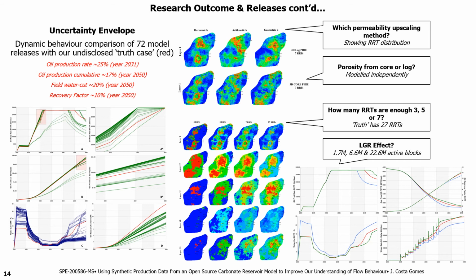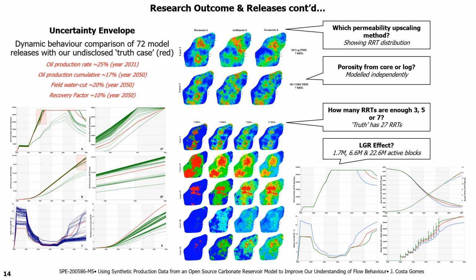We now have our synthetic production data for our truth case. We also have 72 geological versions for the same data set. We now want to look at what is the uncertainty envelope between the 72 model releases with our undisclosed truth case. On the bottom left, we have a series of figures, starting off at the top with the oil production